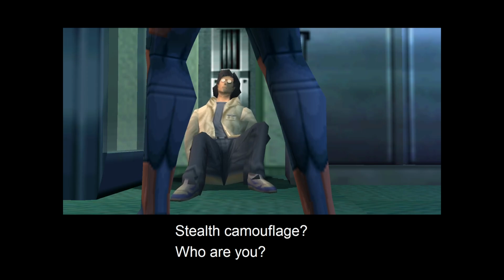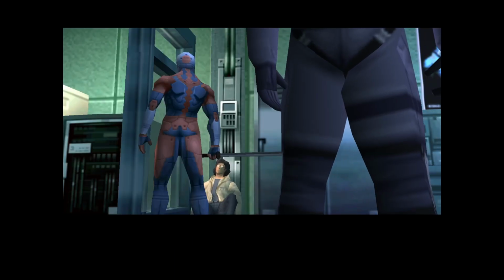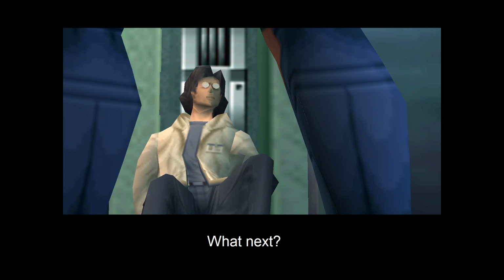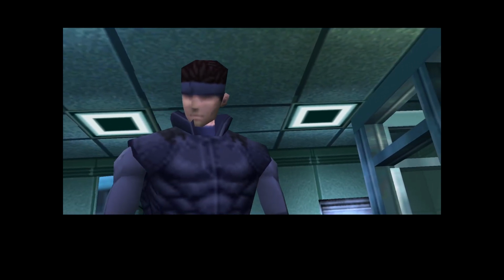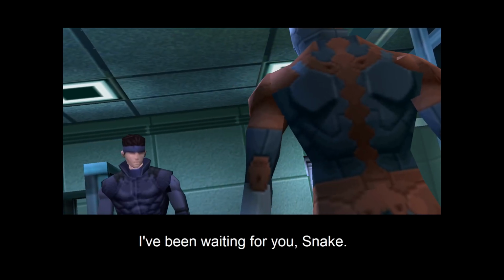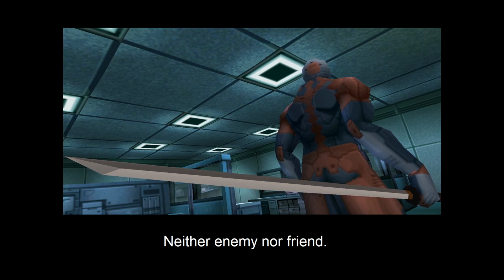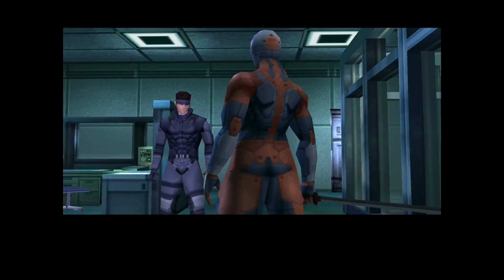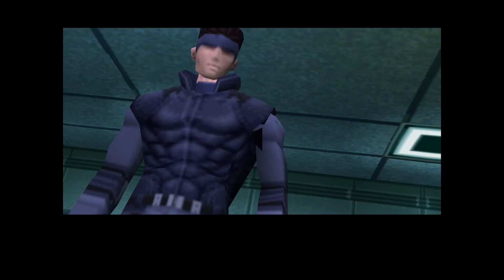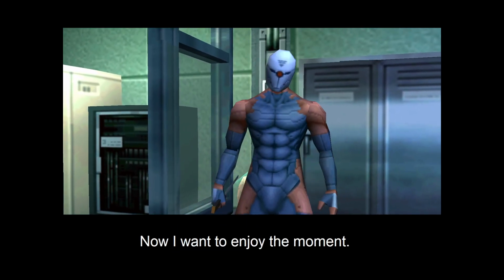Stealth camouflage? Who are you? Where is my friend? What are you talking about? Oh, what next? Snake. You're that ninja. I've been waiting for you, Snake. Who are you? Neither enemy nor friend. I am back from a world where such words are meaningless. I've removed all obstacles. Now you and I will battle to the death. What do you want? I've waited a long time for this day. Now I want to enjoy the